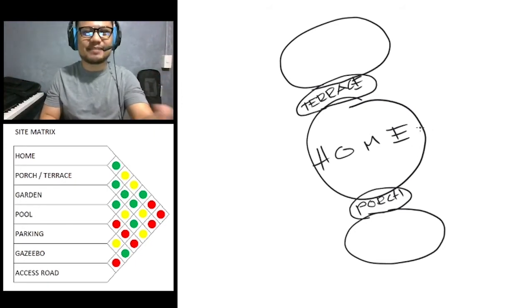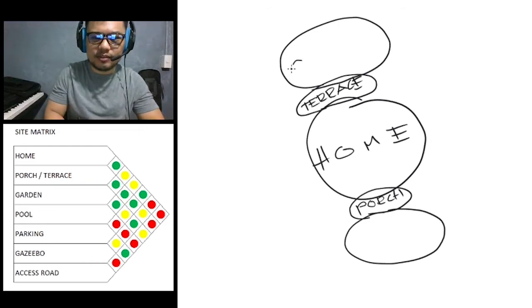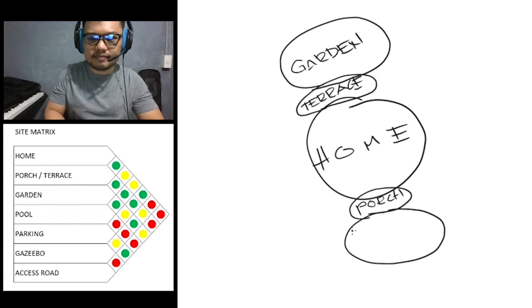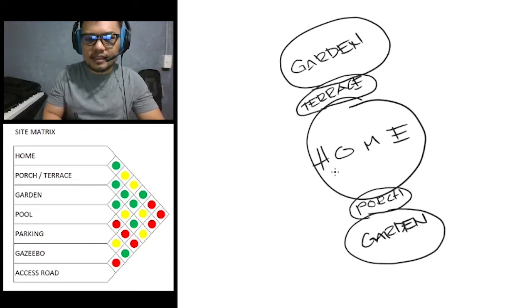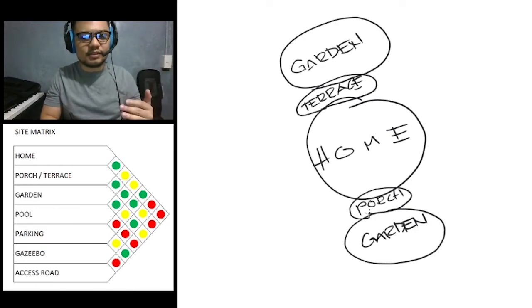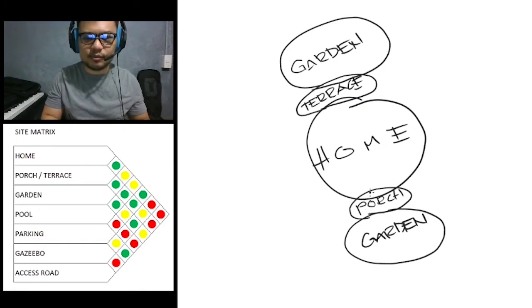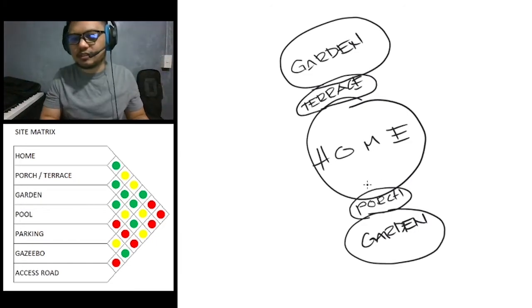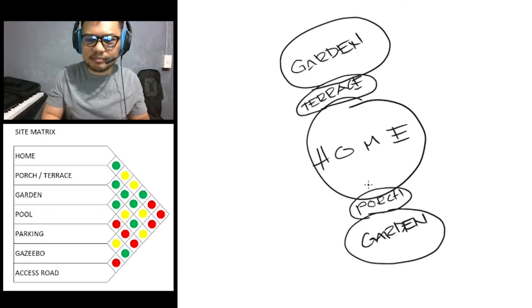Sorry. So in this instance, we have two gardens, one in the back, one in the front. Very nice. And another way that we can show their relationship to each other is to use symbols. What kind of symbols depends on you, but in this particular drawing we can keep it simple. We can use these arrows maybe,